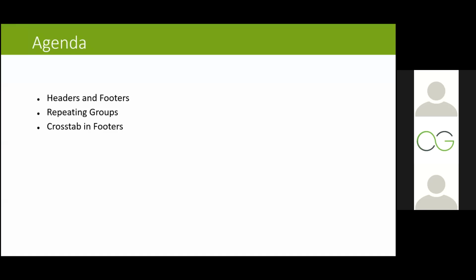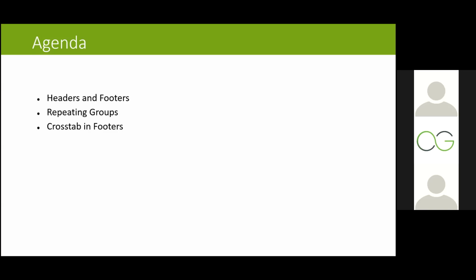To do so, we need to understand more about headers and footers. We have touched upon this in our previous webinar. In fact, in the first webinar, we had touched upon this, but we need to understand it further. And there's another concept, repeating groups. This is also very important and fundamental. Again, this is on advanced understanding of Genesis, the data source, right? Only with an advanced understanding of those will you be able to properly use this.